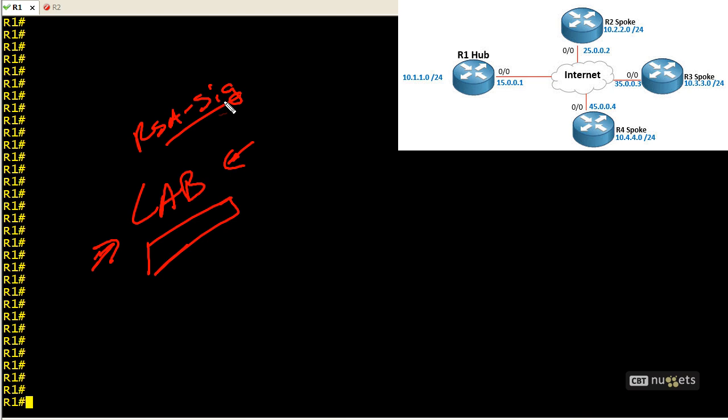It took me the better part of 2 days, I kid you not, to find out what was going on. It turns out that the key pair I generated on R1 and R2, I used a 2048, which should normally be no problem, that's fine. It may be the version of iOS I'm using with the specific hardware I'm using. But regardless of the reason, it would not authenticate using RSA signatures if I was using a 2048-bit modulus in